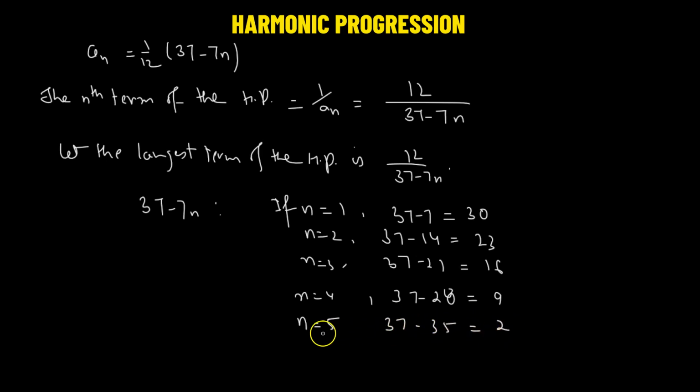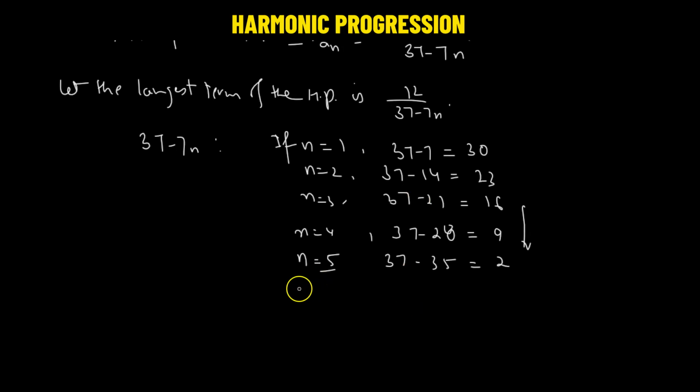As we can see, as we increase the value of n, the value of the denominator 37 minus 7n is decreasing. But if we choose n equals 6, we get a negative value. We need the value of n such that this value is the least as well as positive in nature. That means the fifth term